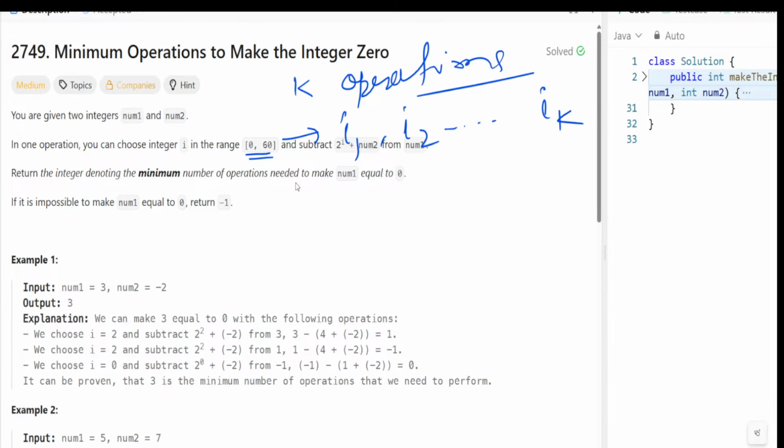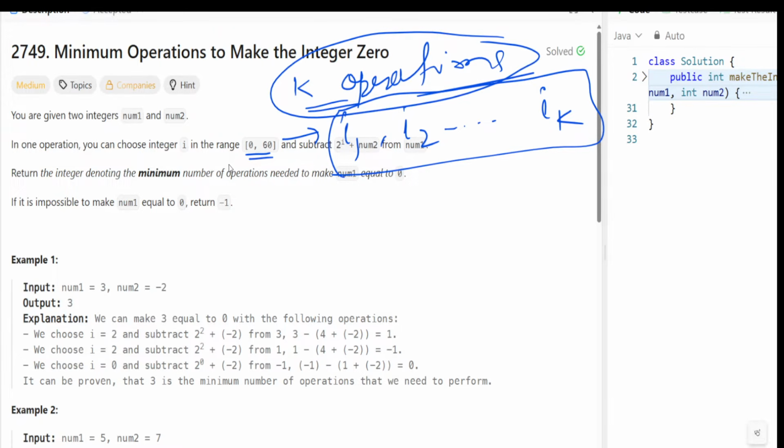These are the possible indices that can be used within these operations. If you want to perform k operations with these indices, what is the total